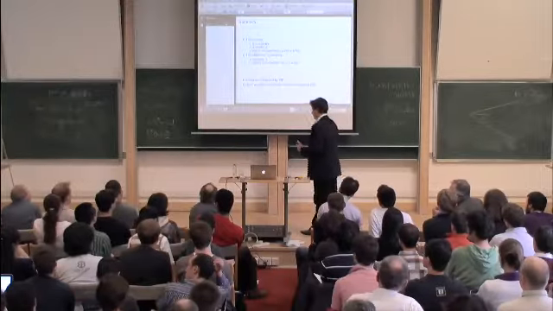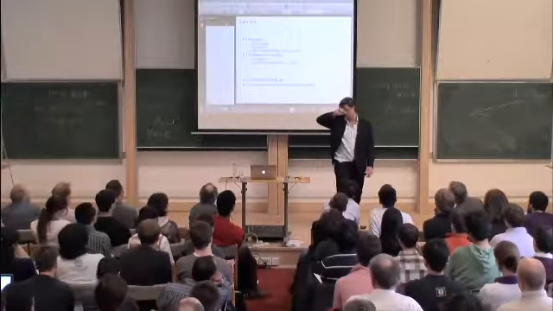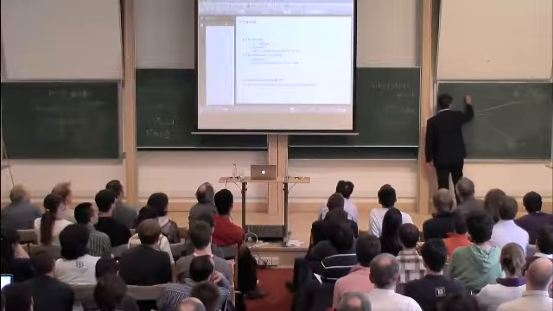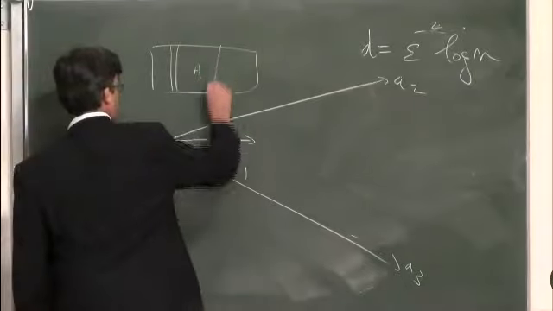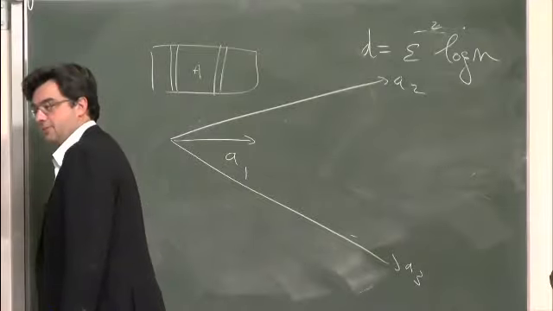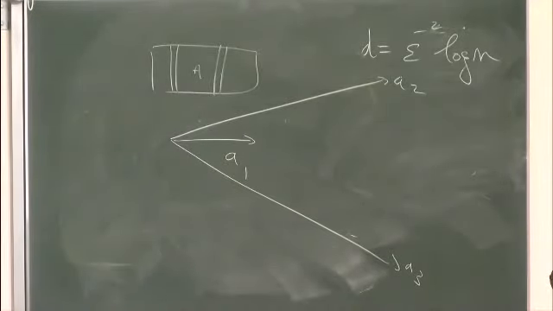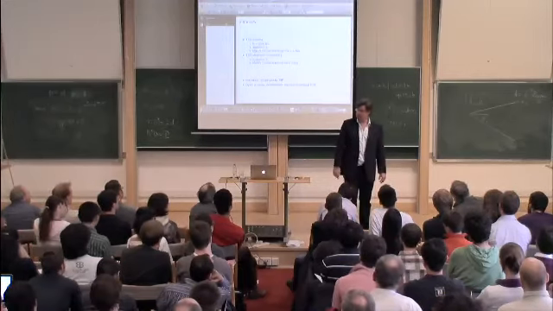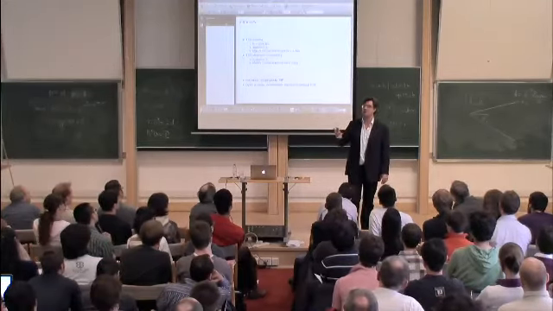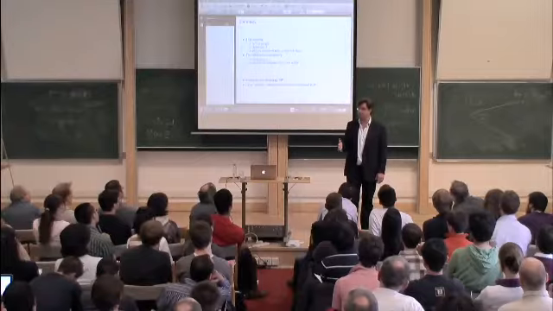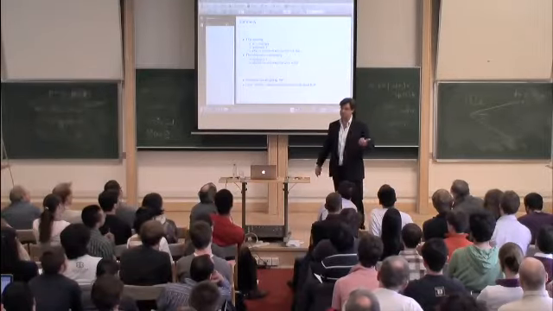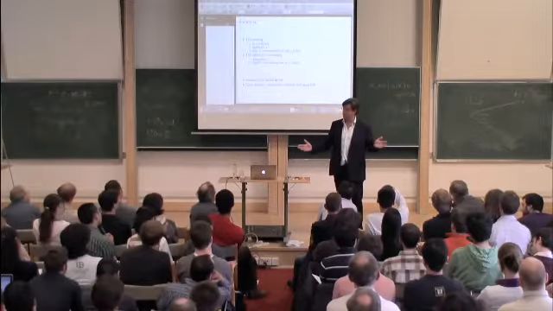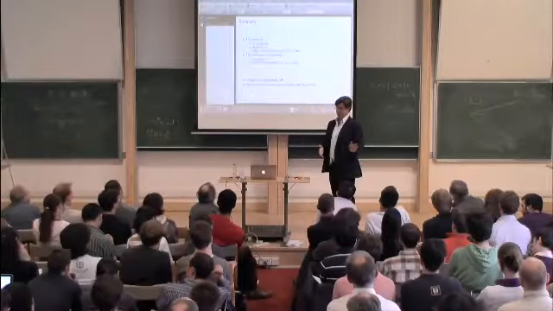For those of you who are not following what the gentleman is saying, statistical RIP says that when I look at my matrix A and take subsets of columns, most of these subsets give well-conditioned matrices, but not all of them. You can show that under some conditions you can do well, but you have to put randomness somewhere. And where do people put randomness when they prove results like this? On the signal itself.